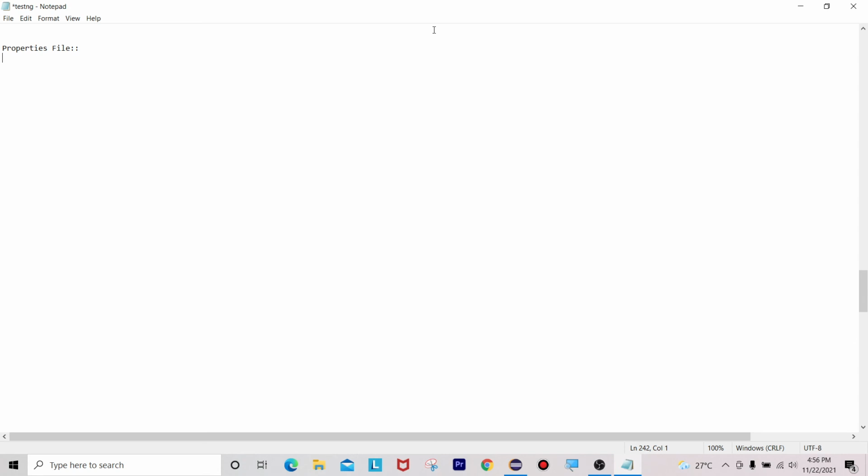Suppose we get one more build for the application, 2.1. During that time you may see lots of changes functionality wise, and the web elements or XPaths got changed in the latest build. Here there is no need to change anything in your code.